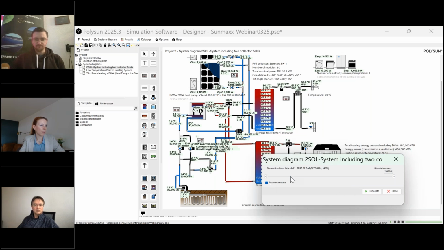Let me scroll a bit earlier. This may be even better. So what we are looking for here is to go through every time step that is calculated, which is sometimes a bit hard to find the right spot.